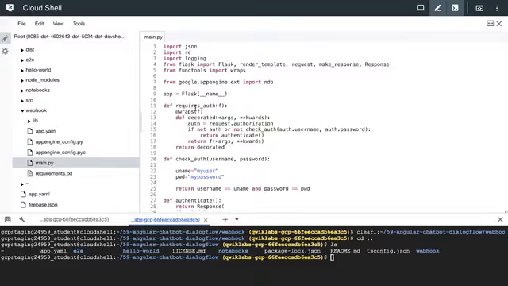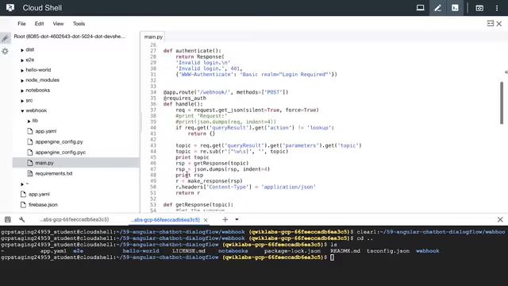So now we have the requires auth method, which requires authentication to access the app. We have the check auth method, which validates the submitted username and password. And we've set the username and password here, and we'll use those later in the Dialogflow console. And then we have the authenticate method, which will return a 401 response if authentication fails. We've also added the requires auth decorator to the handle method.